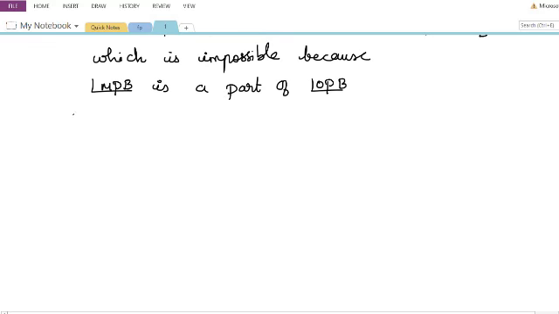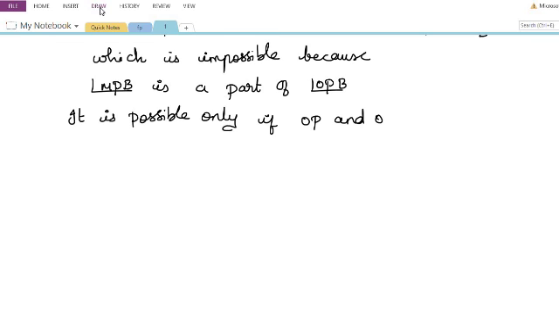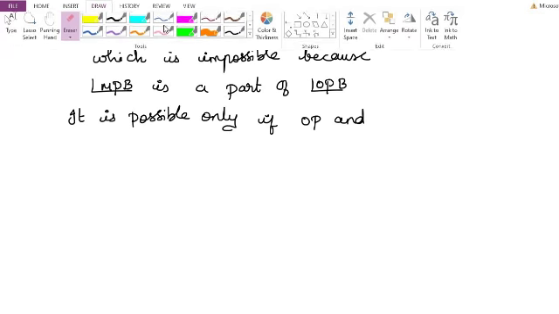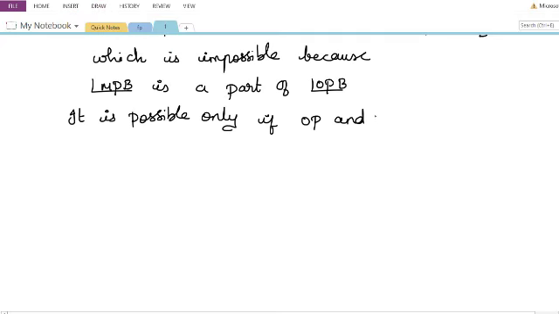So it is possible only if OP and MP, we have considered the point as M only, right? So MP coincides with OP. OP and MP coincide. So therefore, the perpendicular